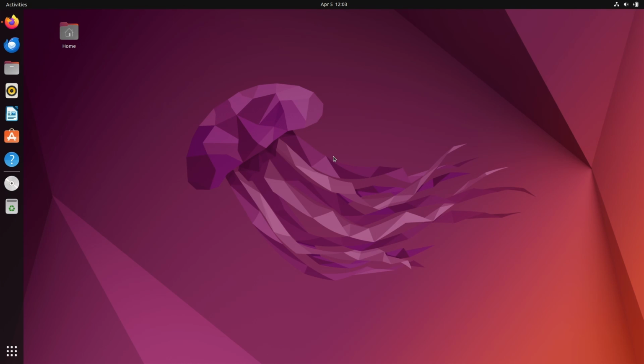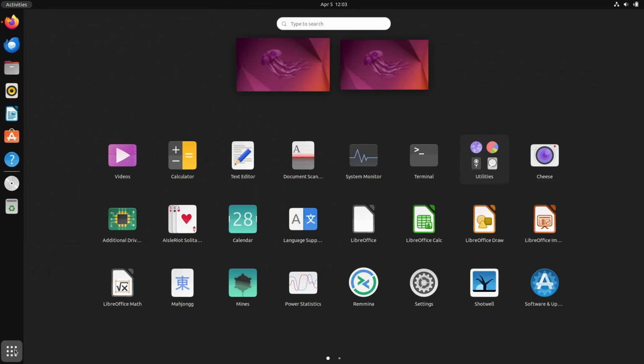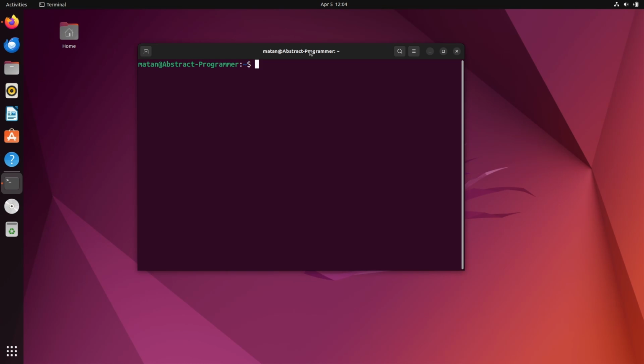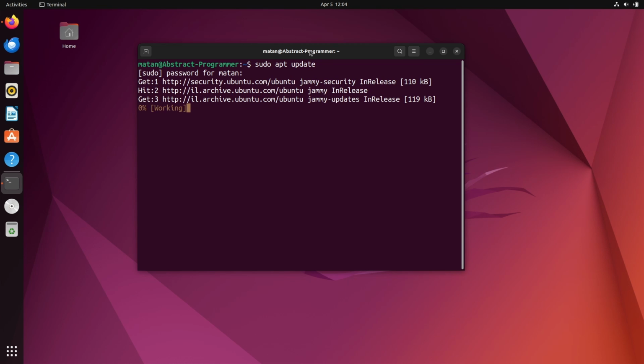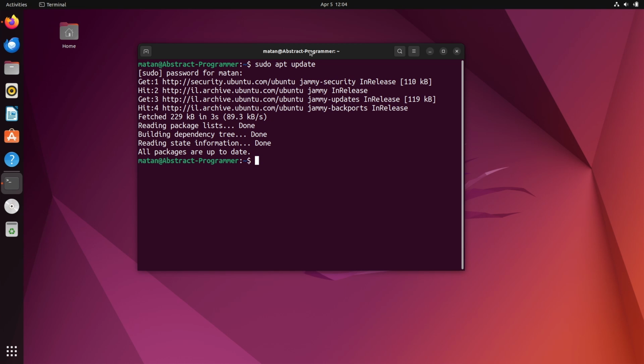Let's see how to install Laravel 11 on Ubuntu 22.04. Let's start by opening our terminal and let's update our package list. Now, if we check which version of PHP is available in the Ubuntu repositories for Ubuntu 22.04,